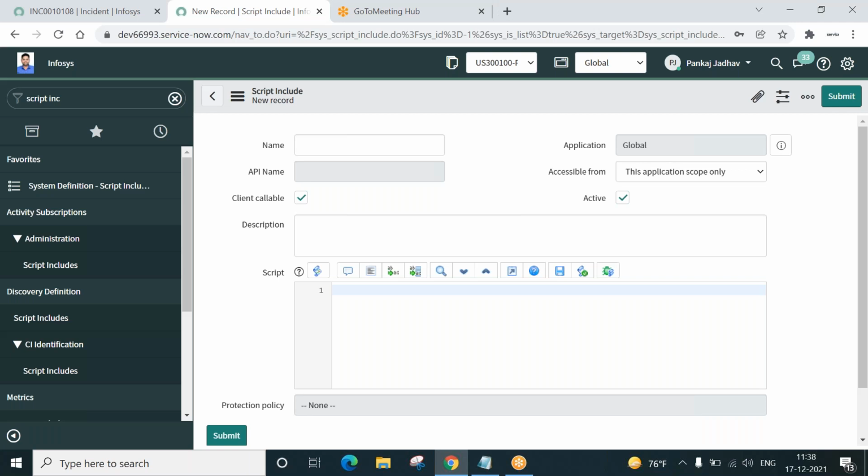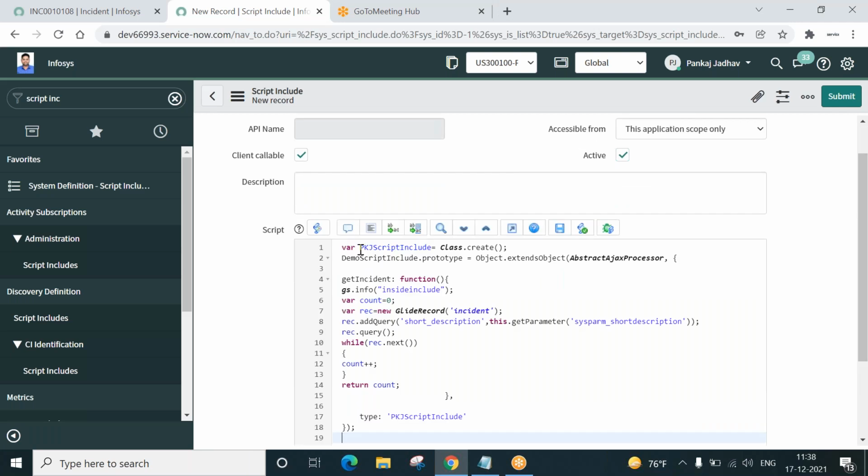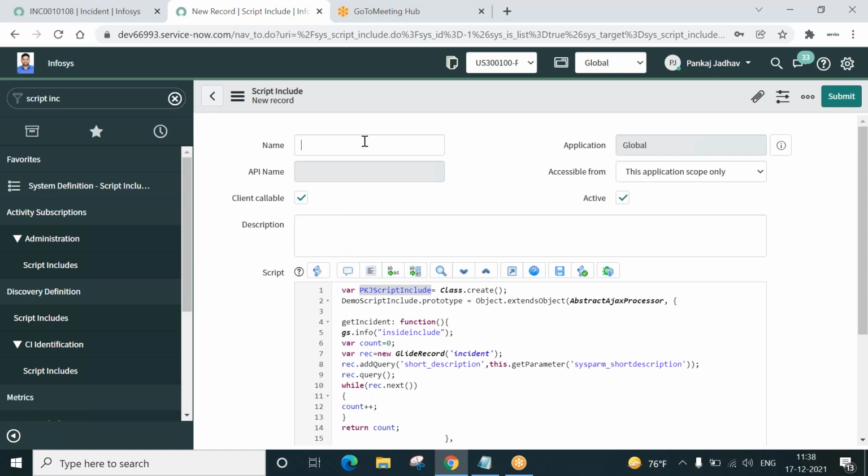And here we go. The name of the script include is this, pkj script include. Scroll up to the top, paste. This is the name. Accessible from: all application scopes.